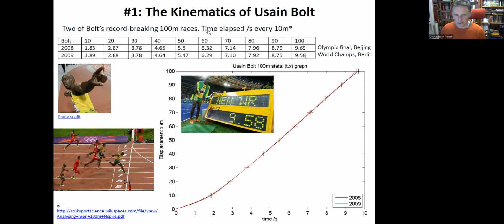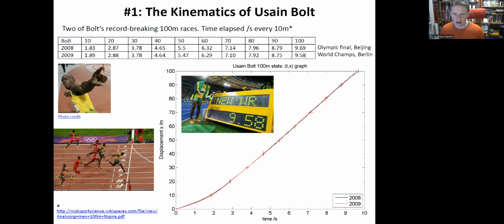If you've done some video motion capture in your physics classes, that's a really good way of looking at kinematics. You can drop balls, you can juggle things, all sorts of stuff. And if you haven't done that and you're allowed a smartphone in your laboratory, this is a great way of doing some basic physics. Now if you plot that, you'll notice that it's not entirely straight. The gradient of this, the rate of change of displacement, is the velocity. We can clearly see that that is changing versus time.